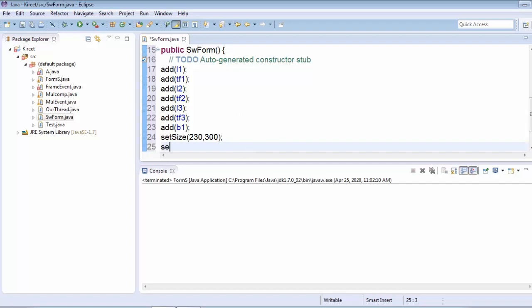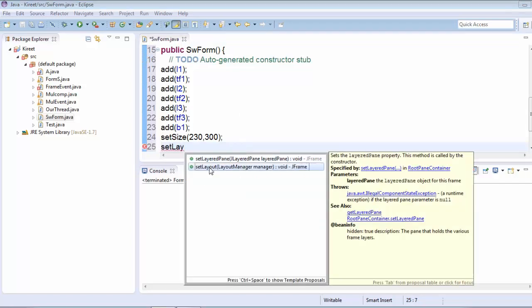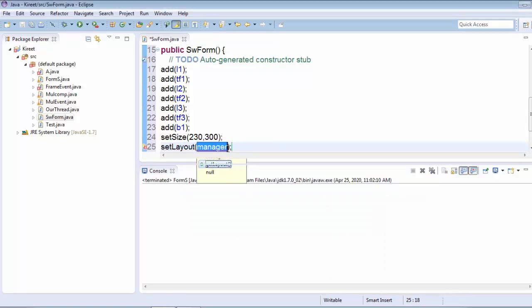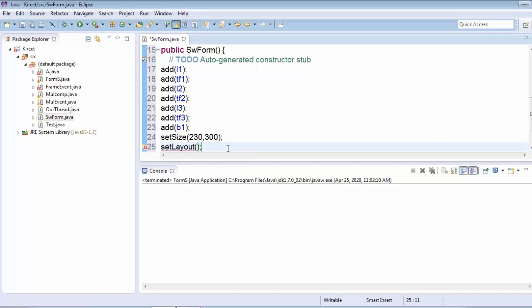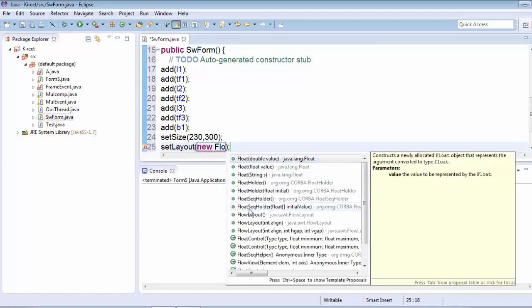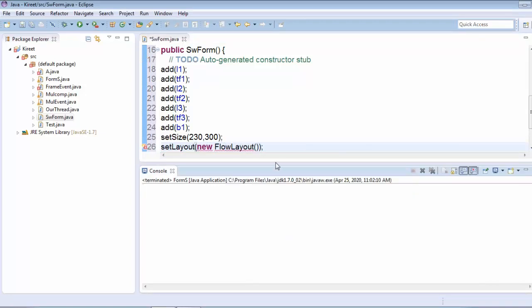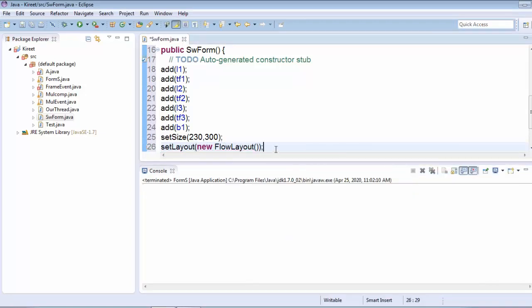Set layout. This layout manager is present in AWT. This is the method of AWT. So setLayout, that's why we have imported that AWT library, is equal to new FlowLayout. So this is the flow layout. The default layout is the border layout in Swing.